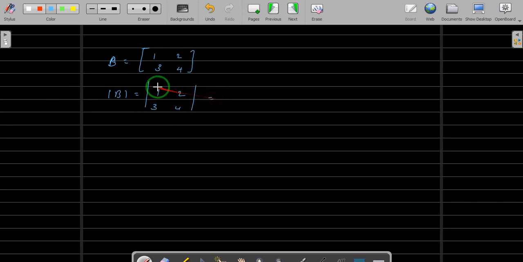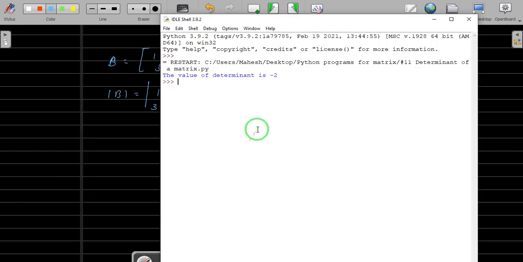It will take first 1, remove its row and column, so 1 into the only remaining minor, which is 4. By default alternate signs, so minus, it will take 2 and remove this row and column, and the remaining minor is just 3. This will be 4 minus 3 into 2, that is 6, and it is equal to -2, and this is what we got by using our program.